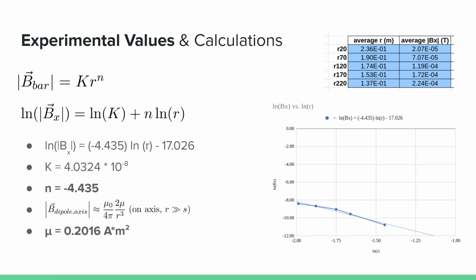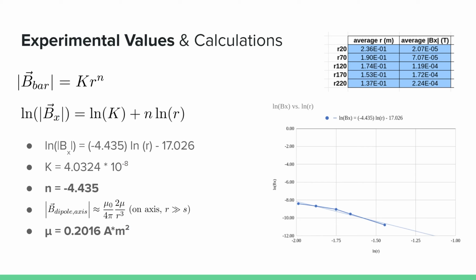This is important because the strength of the magnetic field created by a magnetic dipole exhibits some distance dependence, in that it varies by some exponent, n, and some coefficient, k, depending on the distance, r. By plotting the natural logarithm of these observed values, we turn our distance dependence form into a linear equation, which allows us to perform least squares regression on the experimental data to find the slope and y-intercept of the line of best fit. These values correspond to n and the natural logarithm of k respectively, which we can use then